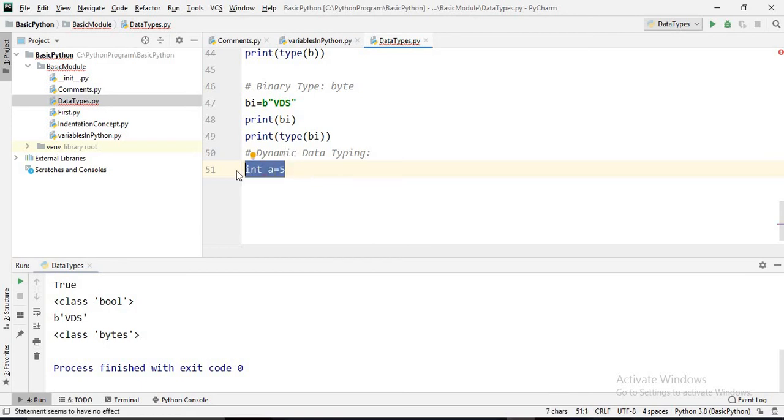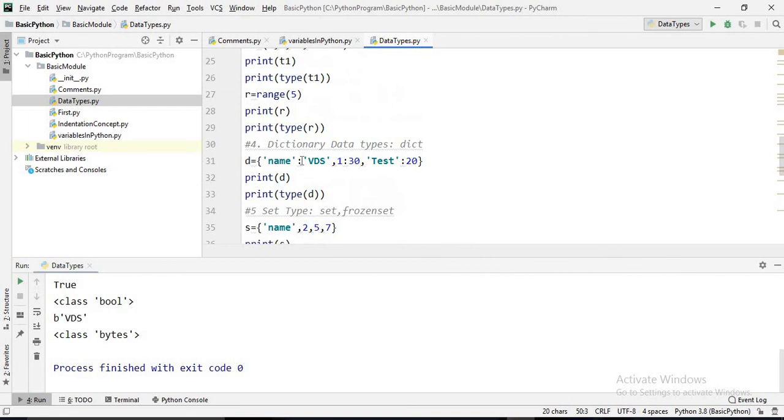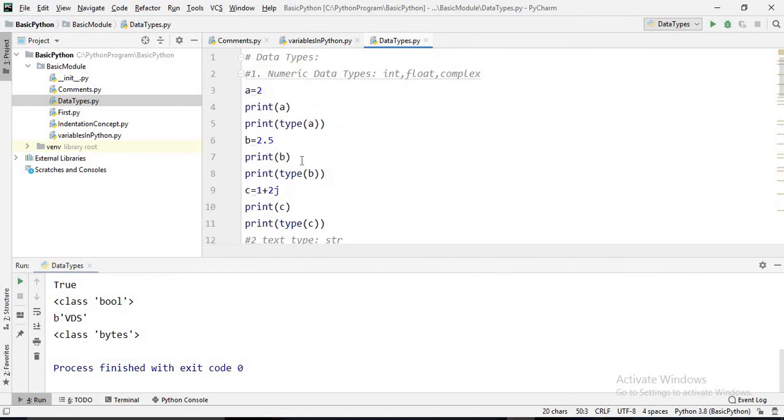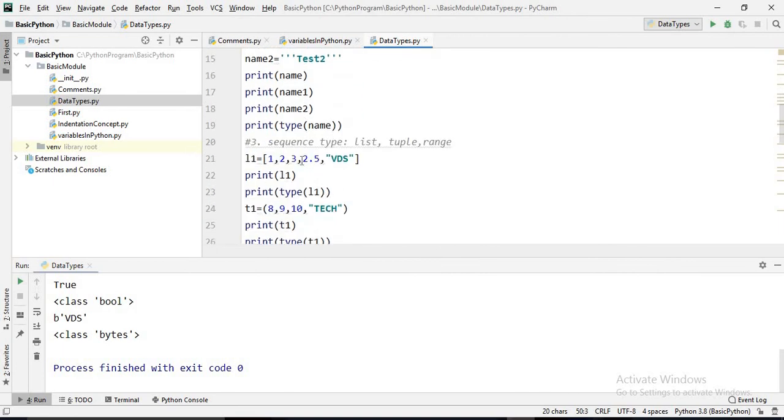It is taken care of by the Python interpreter, and that's why Python is a dynamic data typing language. Dynamic typing is one of the unique features of Python. So always keep in mind that we need not mention whether a variable is integer, float, string, list, tuple or range. It is decided by the Python interpreter.